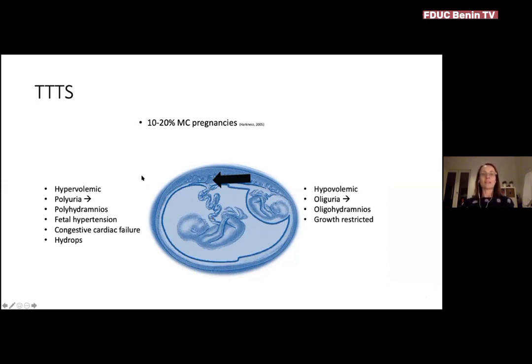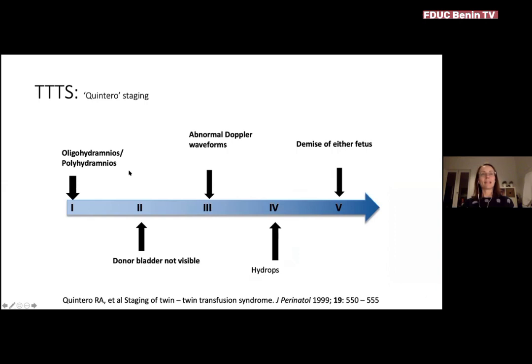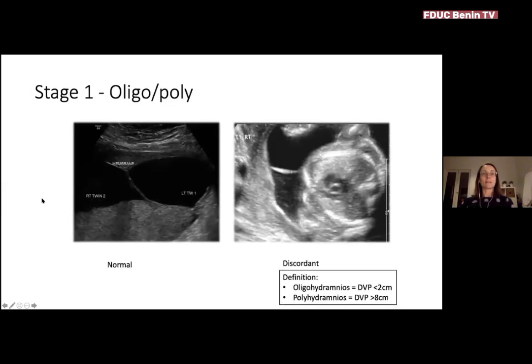So I'll just go through a bit of detail about the ultrasound findings now. The staging is the Quintero staging, which I've got the reference down the bottom there, and I'm sure you're all aware of, and we'll just go through the ultrasound findings of each stage now. So the oligopoly sequence is the first thing that we usually see. This is a normal example where there's quite concordant